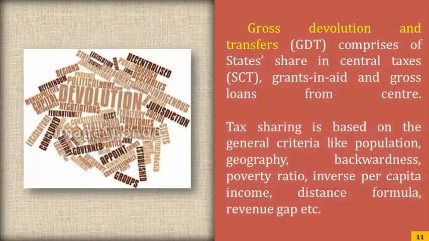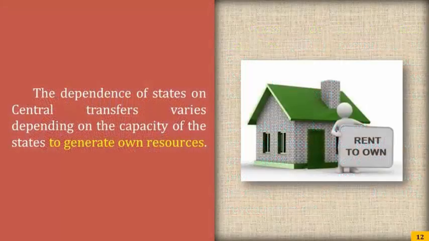Gross devolution and transfers (GDT) comprises states' share in central taxes (SCT), grants in aid, and gross loans from center. Tax sharing is based on general criteria like population, geography, backwardness, poverty ratio, inverse per capita income, distance formula, revenue gap, etc. The dependence of states on central transfers varies depending on the capacity of the states to